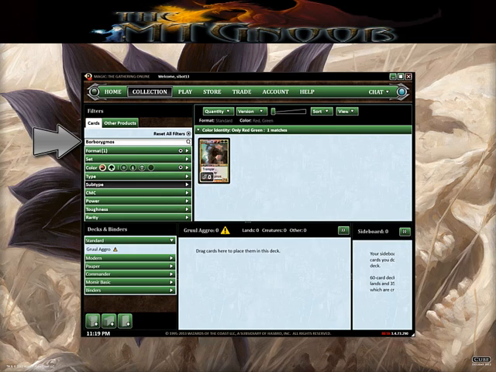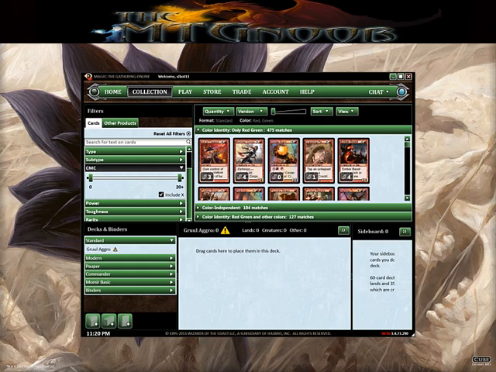But if you know the name of the card, it might be a lot easier just to use the text filter at the top and enter the name of the card. These are going to be the filters you're probably going to use most, but the noob is going to talk to you about some of the other filter options you have. A few other